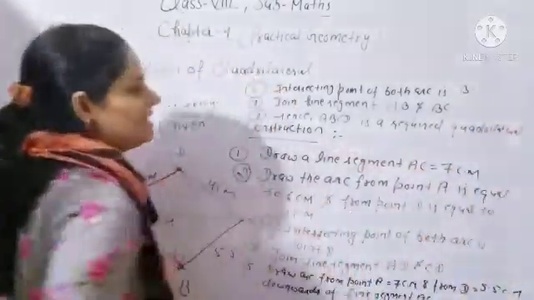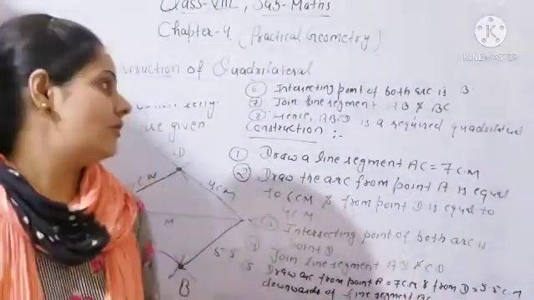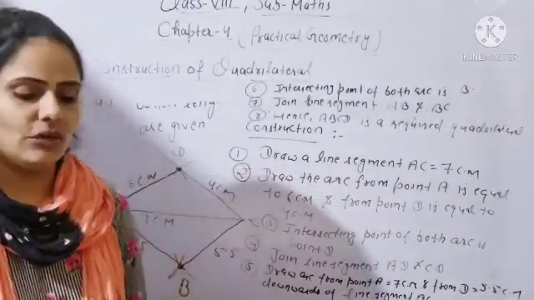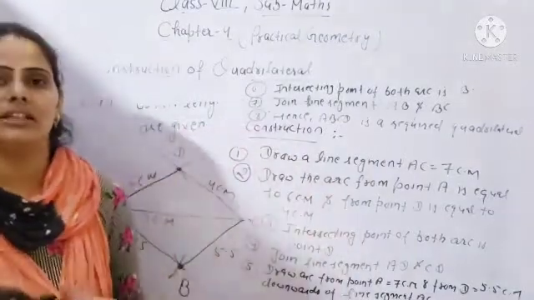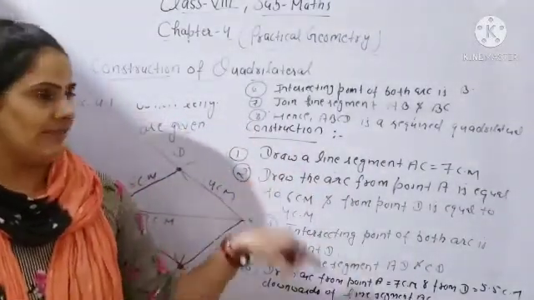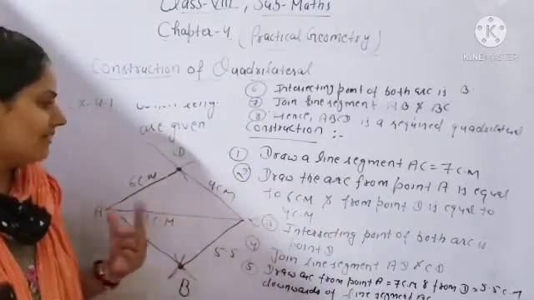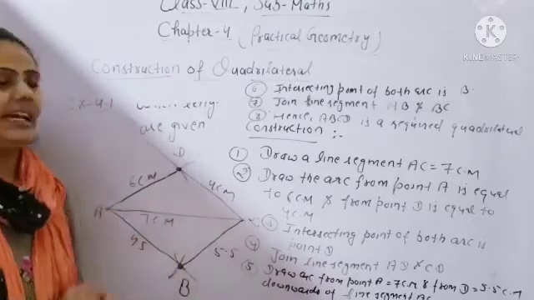Clear beta? So you have to do the construction of all the questions also. So for the first question, first what will you do if any quadrilateral is given? In your first exercise 4 sides are given and 1 diagonal is given. So how will you construct the quadrilateral? First you will draw the rough diagram. After that you can see 1 diagonal is given. This diagonal you will draw first. Here AC diagonal is given, so simply you will first draw the diagonal AC.